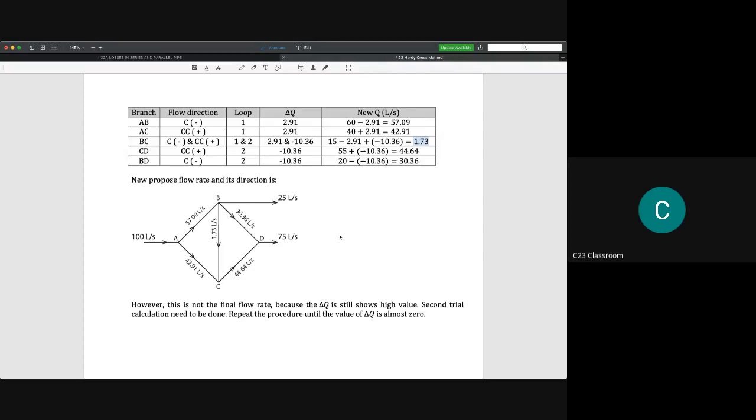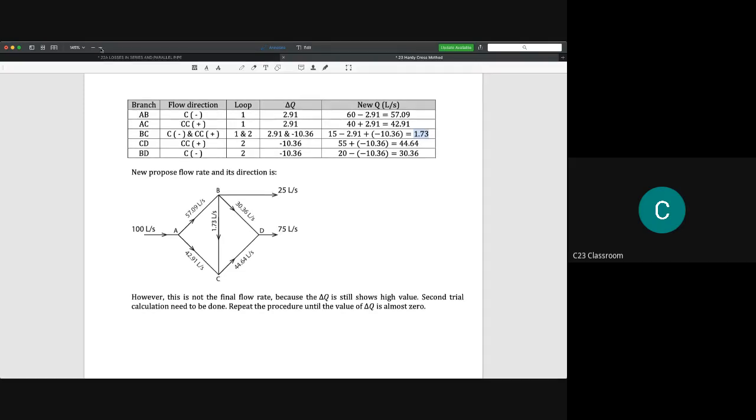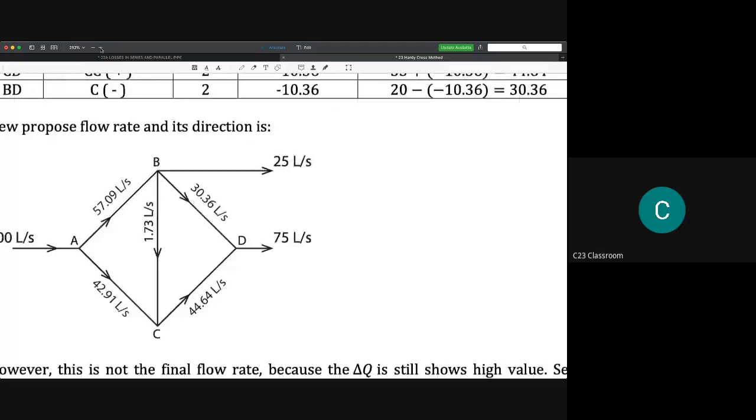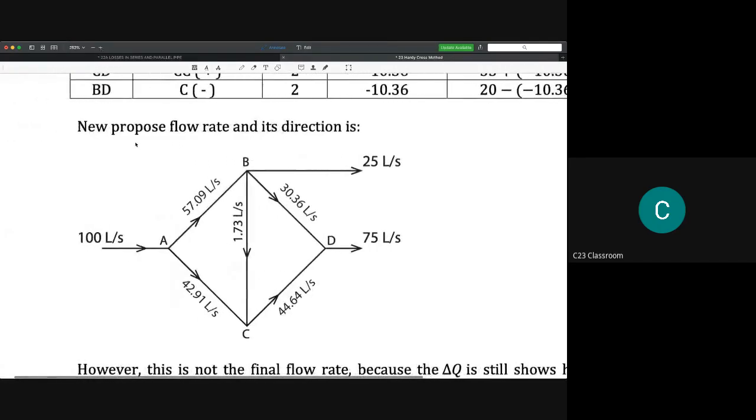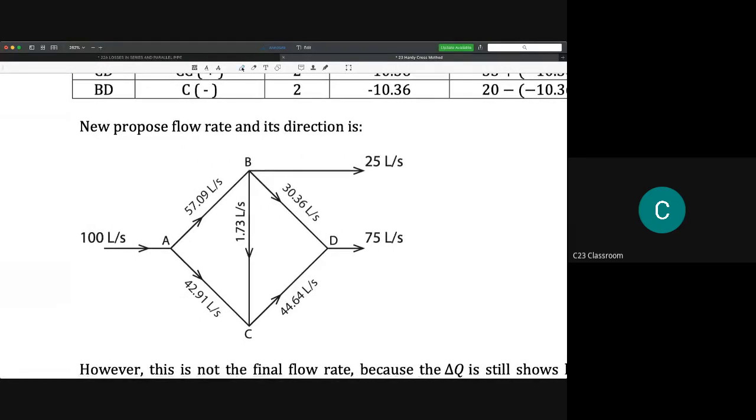Okay, you could check whether your answer is satisfying the continuity equation or not. Okay, so the idea is like this. So if you see, this is 100 liter per second. So if we add 57.09 with 42.91, the total is 100. And then here